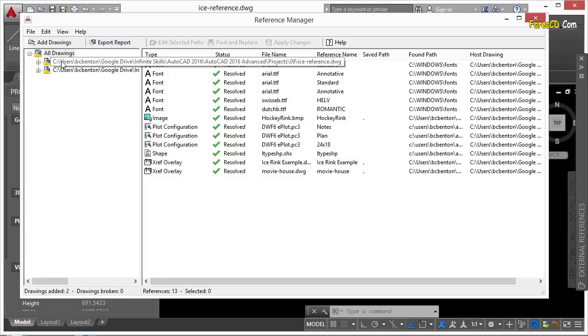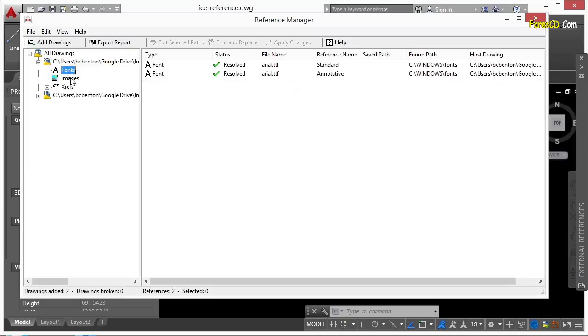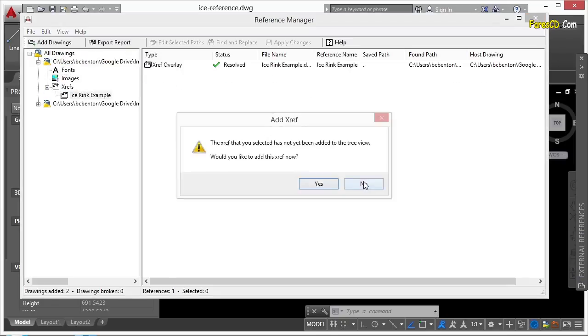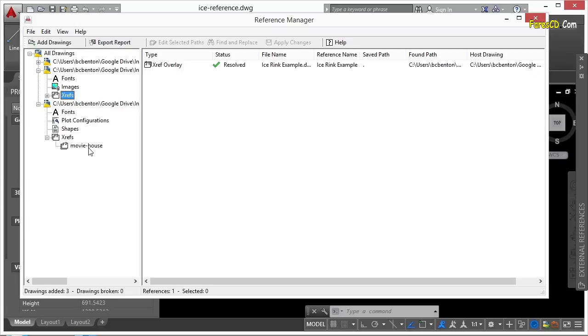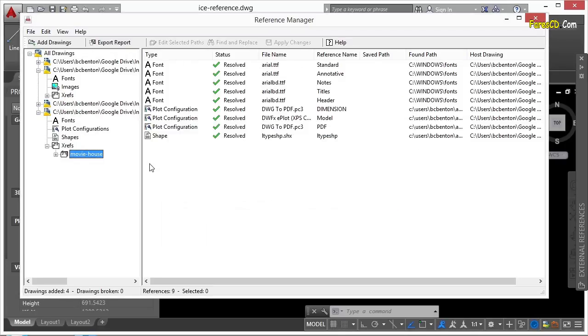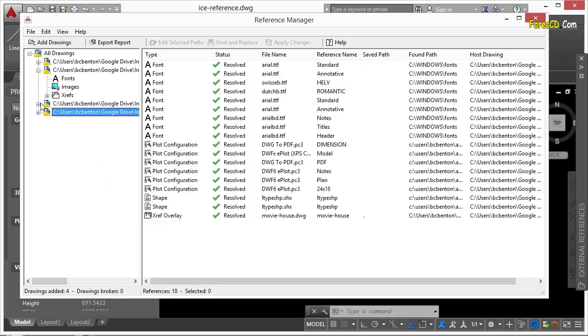Now what this will do, right now you see I have this file, the ICE reference file, and this is the references file. So if I click just one of them, it'll show me just the stuff involved for that sheet. If I expand out the list, I can look by fonts, images, or XREFs. And here's where we had a special linking down where I only picked the first level. This was a second level reference, and that's a font in that case. And here I have the same sort of thing. So now I have everything referenced, showing all of the stuff that I have here,